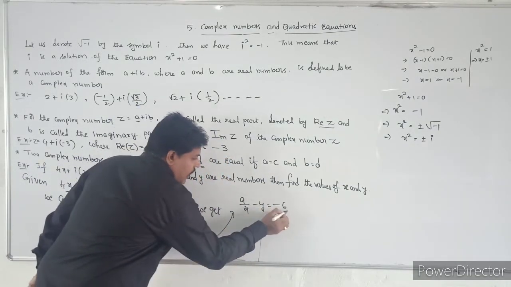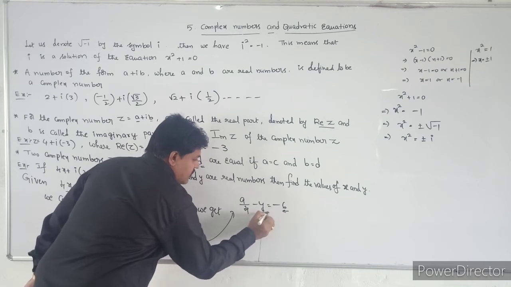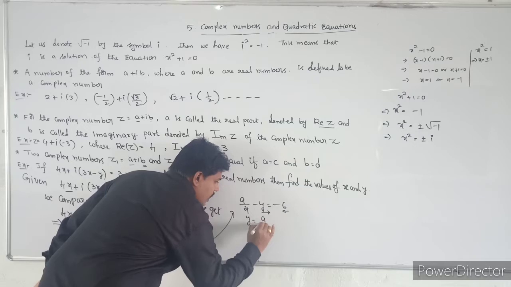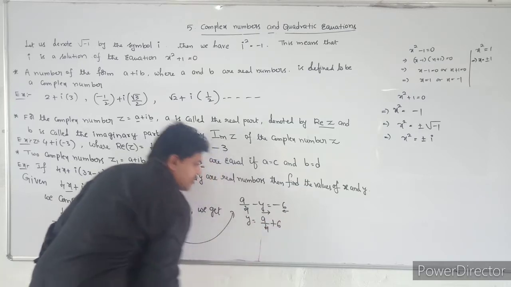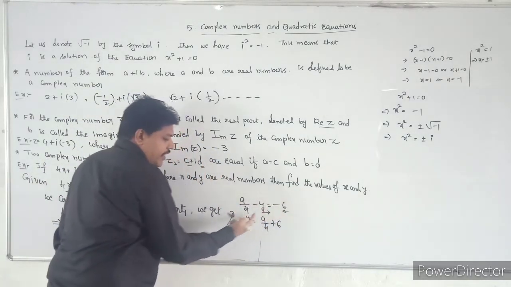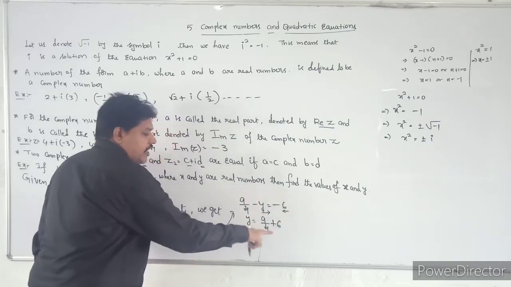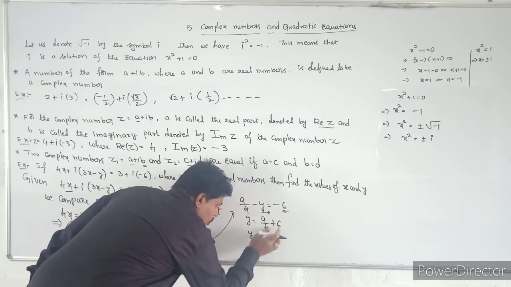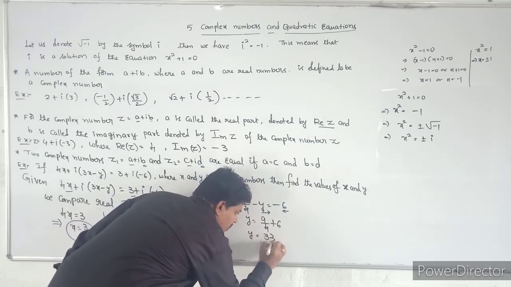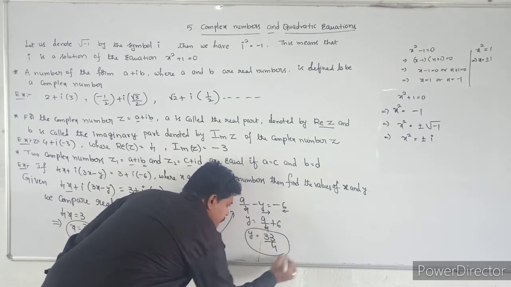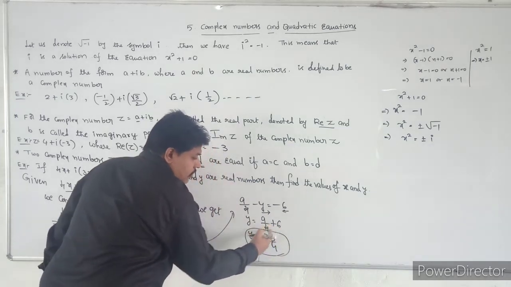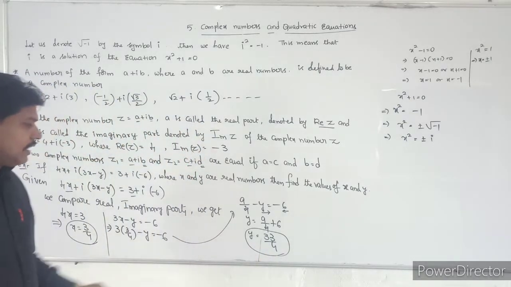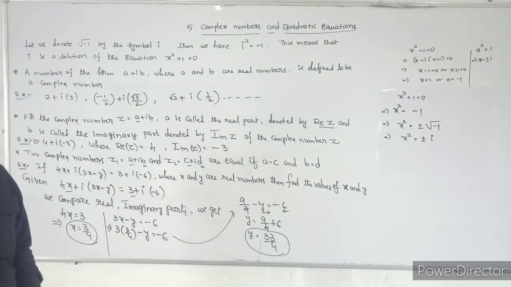What I will do is take this minus 6 to this side and take this minus y to that side. y is equal to 9 by 4 plus 6. Take this minus y to that side, it will become plus y. Take this minus 6 to this side, it will become plus 6. Take the LCM here, y is equal to 9 plus 24, that is equal to 33 by 4. 4 into 6 is 24, plus 9, that is equal to 33 by 4. So we calculate the x and y values.